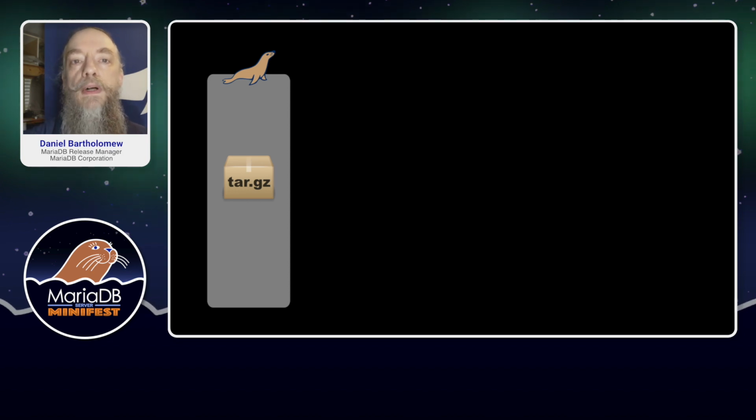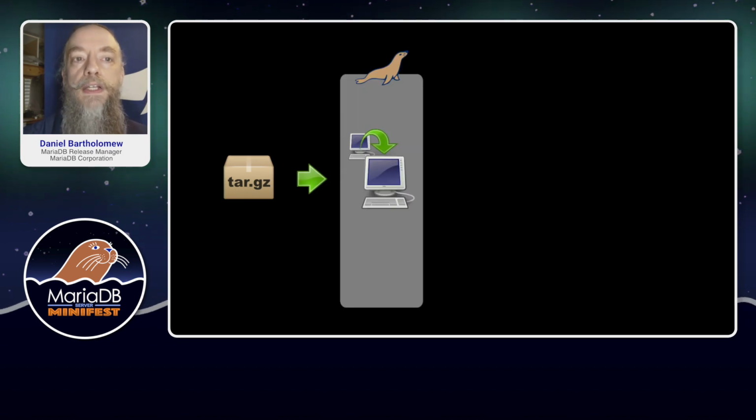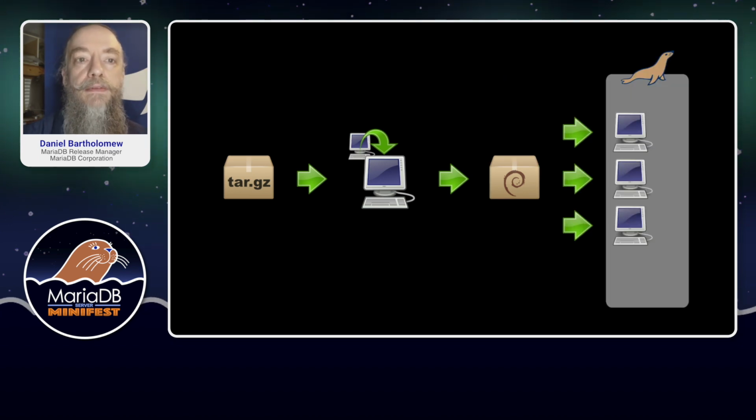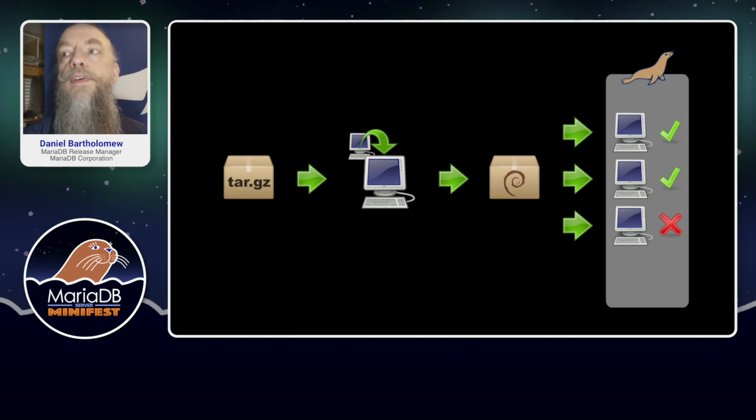The basic build loop starts with BuildBot having a worker create a source tarball. This source tarball is then sent to all of the various worker nodes, and they compile whatever type of build they were set up to do. For example, Debian packages. But it could just as easily be a generic Linux binary, an RPM package, or even a Windows MSI package. These packages are then tested extensively. We run install tests, upgrade tests, feature tests, and so on.